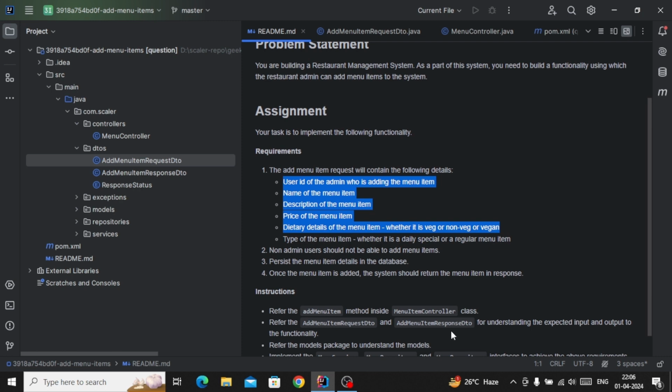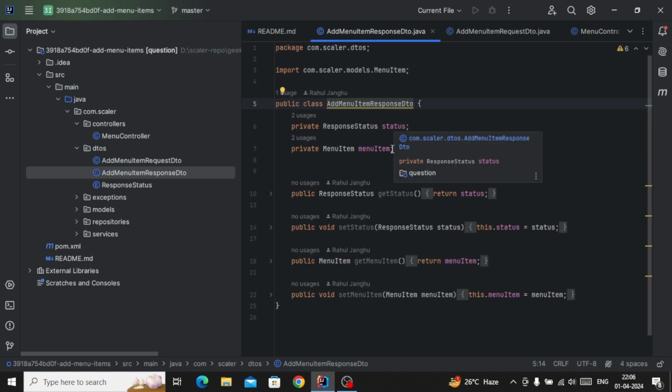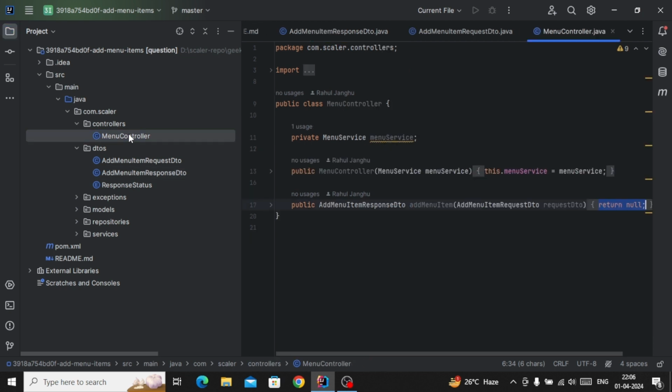Next, he is showing the response DTO. We have two fields: one is the status and one is the menu item. Where will we get the status from? Because we have to return this response. As you can see, we are in the controller. We have add menu item and we are returning this response DTO.